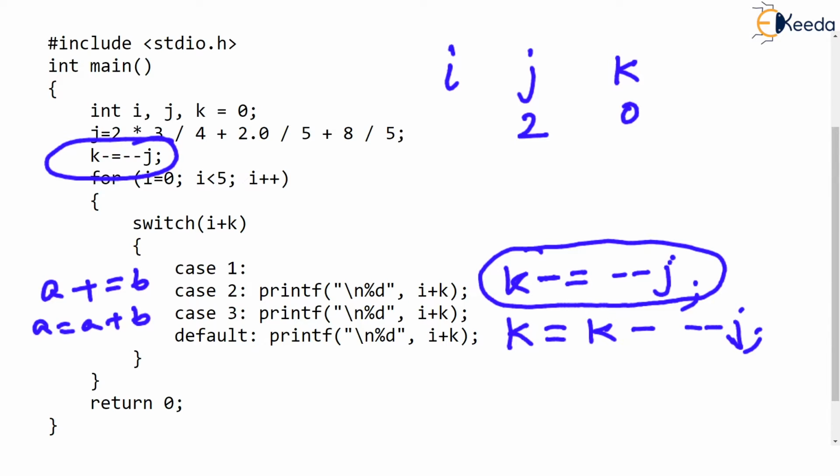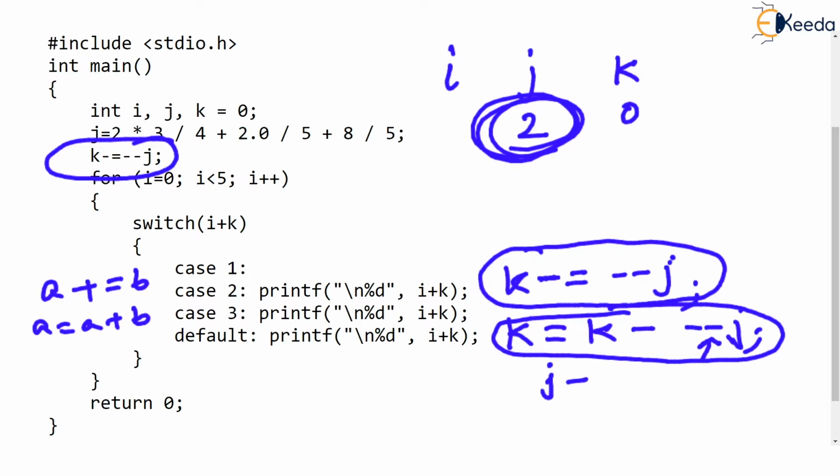Now how will you solve this? Come on. This minus minus over here is the prefix. So first J should decrease by 1. Look, we are solving this expression. So first you should make --J. J should decrease by 1. Notice that J is 2 at the moment. But then J decreases to 1. And then you should solve K = K - J. Notice the basic expression, K = K - J. This was the basic expression. This implies that K will become K - J.